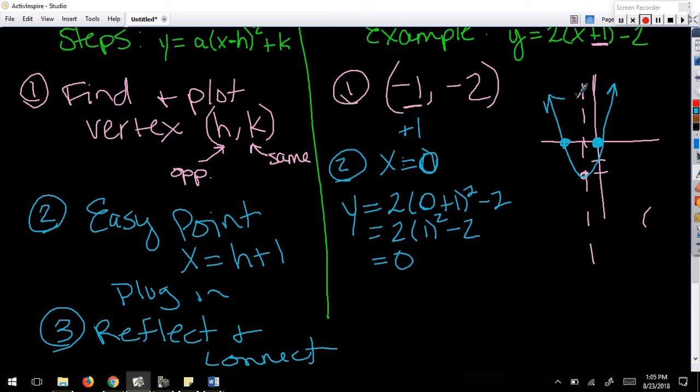You know what I'm fixing to ask you? Domain and range? Yes. What's the domain? Yep. Because it always is on my quadratics here. How about the range? Lowest the graph goes is what? -2 up to